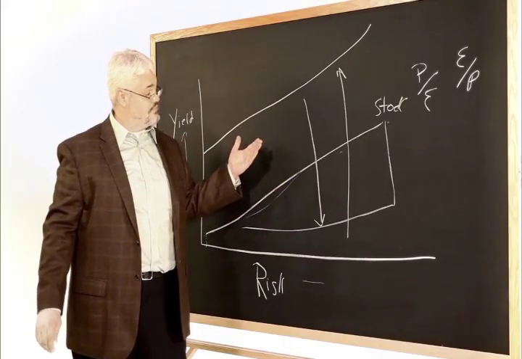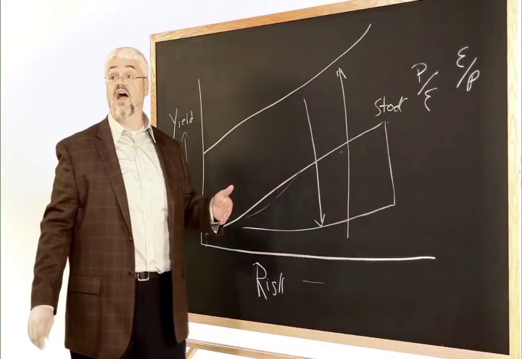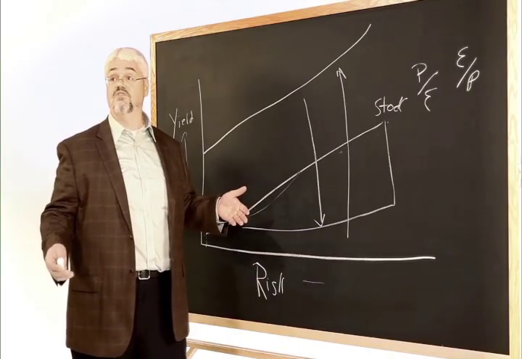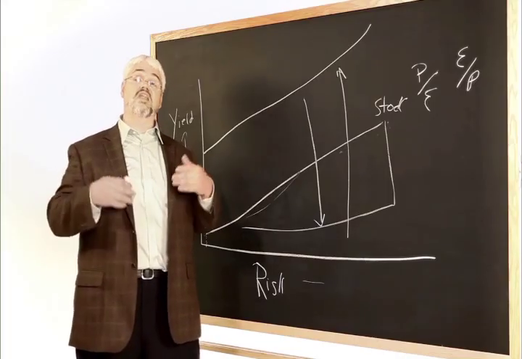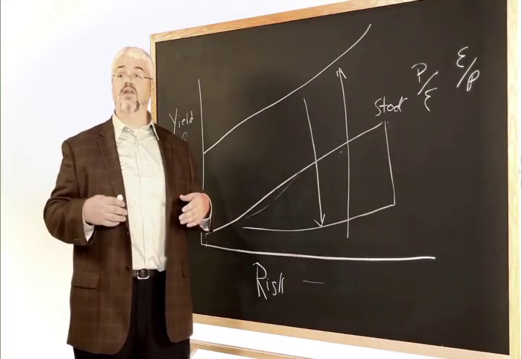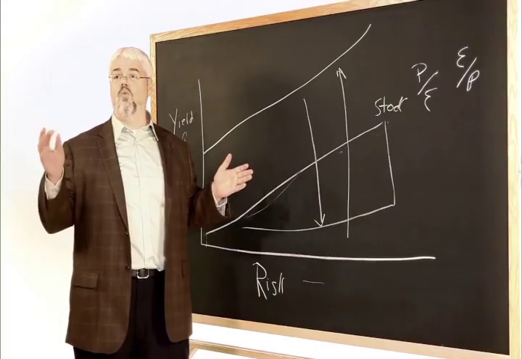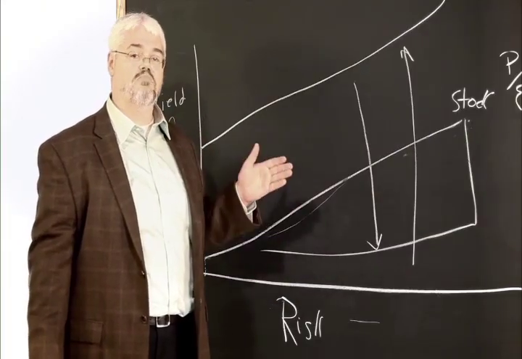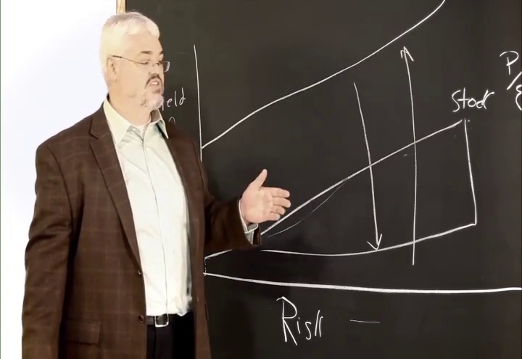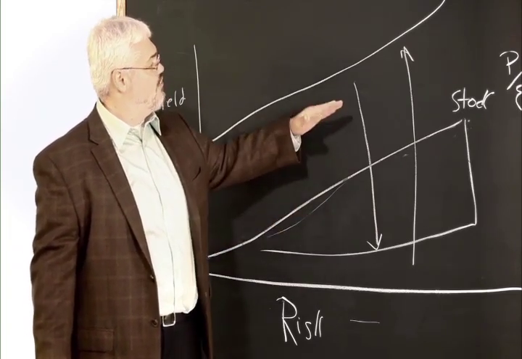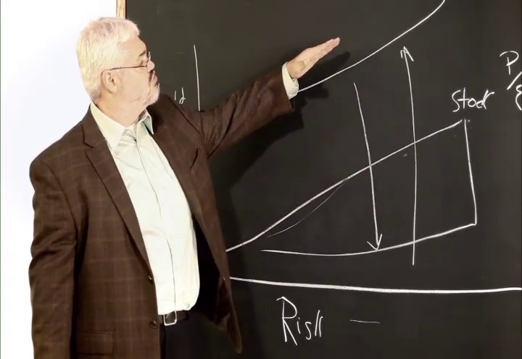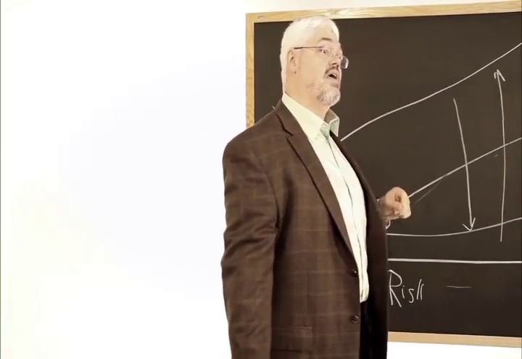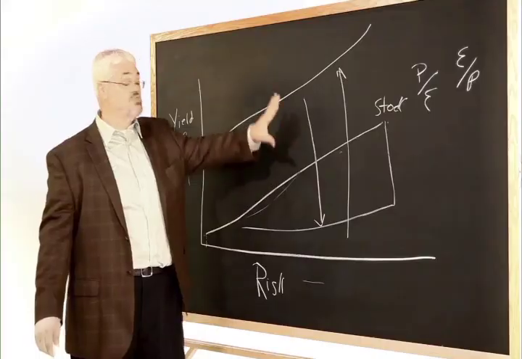And of course, there's also investing off this curve entirely, which is the commodities market, which tends to do very well in times of inflation, because you can print dollars, you can print yen, you can print euros, you can print any of the currencies that are out there in the world, won, baht, and ringgit, but you can't print copper, and you can't print oil, and you can't print gold. So in environments like this, where risk yields, inflation risk yields, are driving the entire stock market into risk territory, one of the ways to deal with that is commodity investing. So this is within a domestic context.